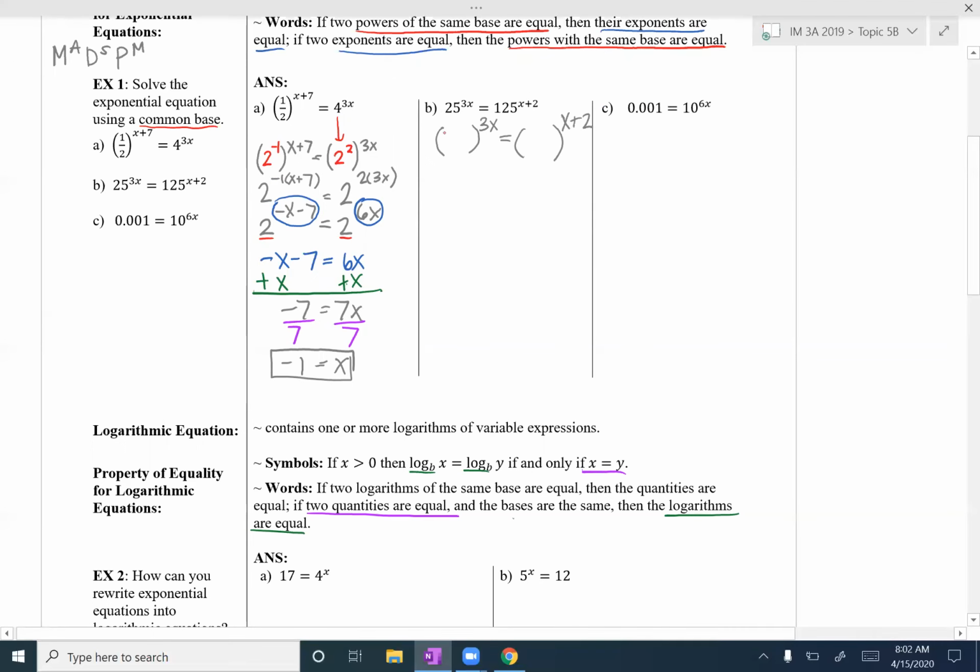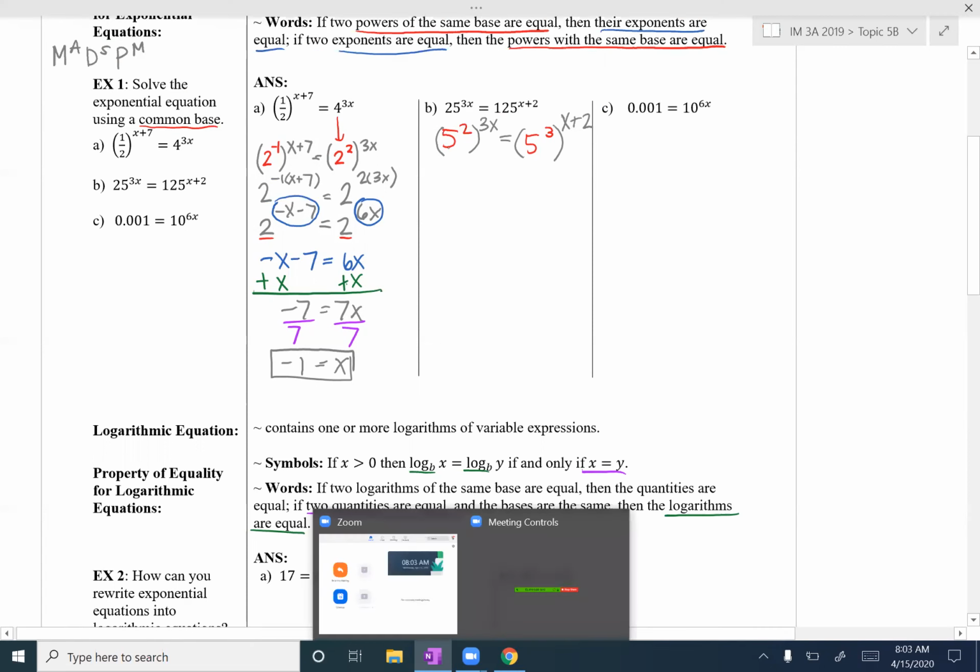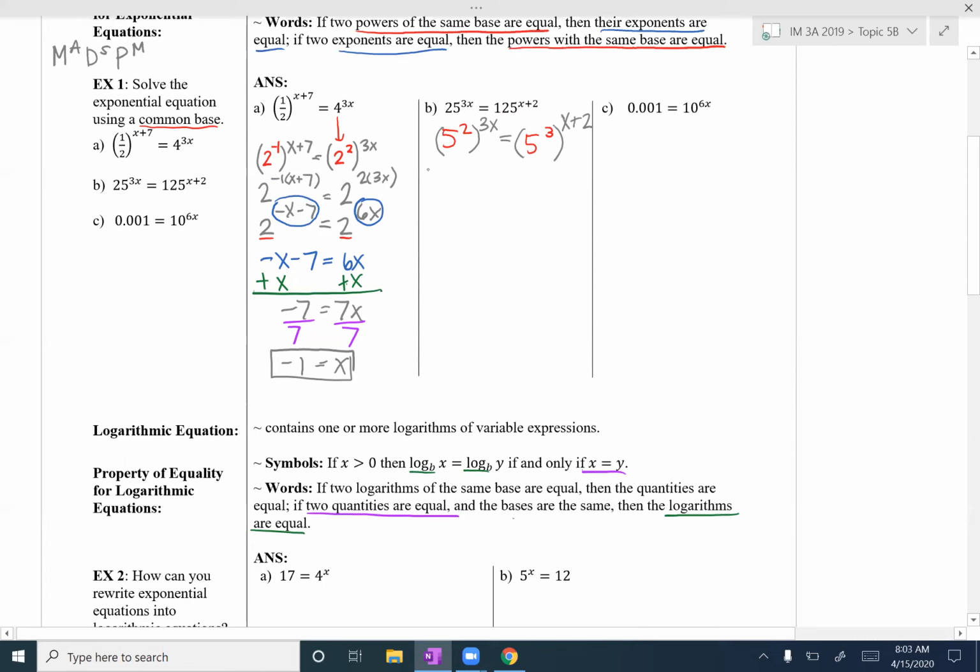So 25 is 5 squared and 125 is 5 to the 3rd power. So we're going to rewrite them that way. So 5 squared to the 3x power is equal to 5 cubed to the x plus 2 power. And again, the process is going to mimic exactly what we did here. So we have to use the power of a power property to rewrite this as 5 to the 2 times 3x power